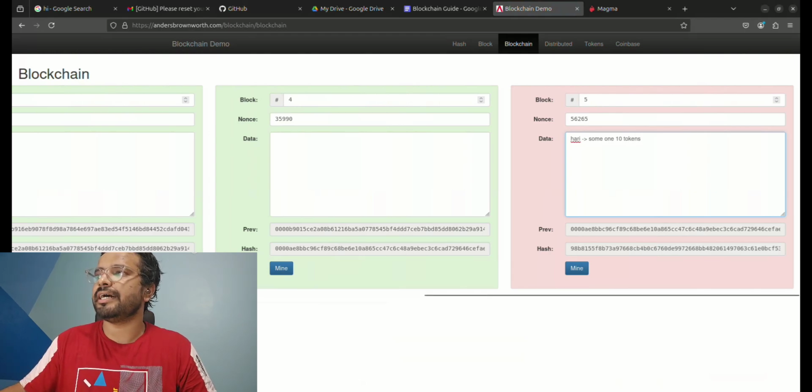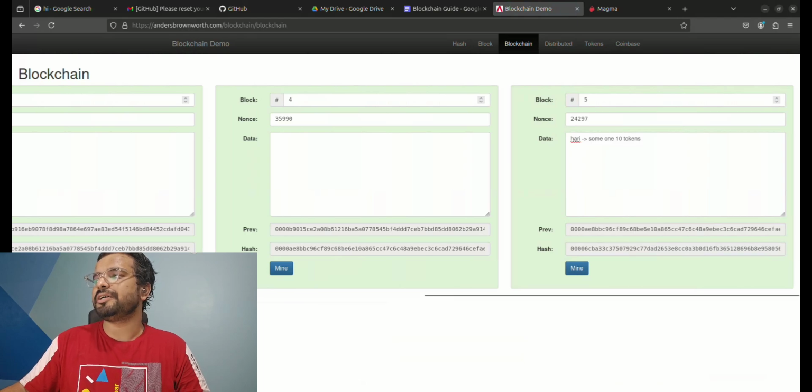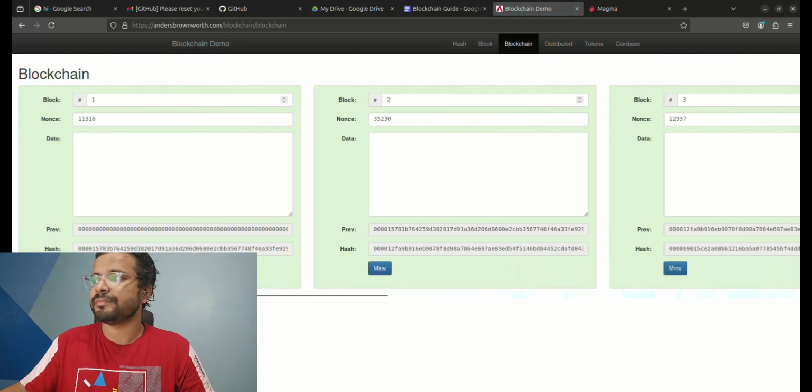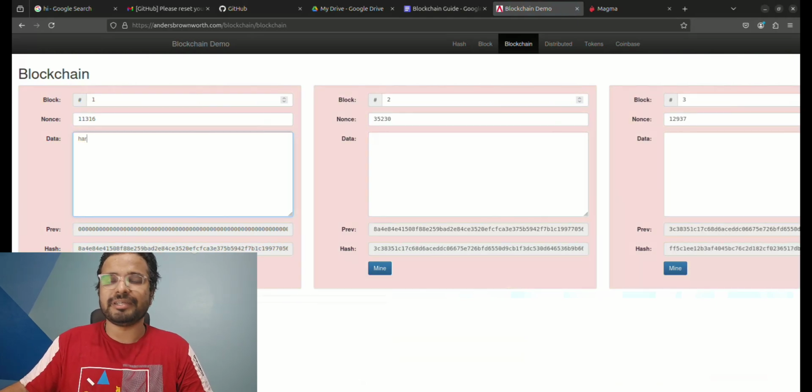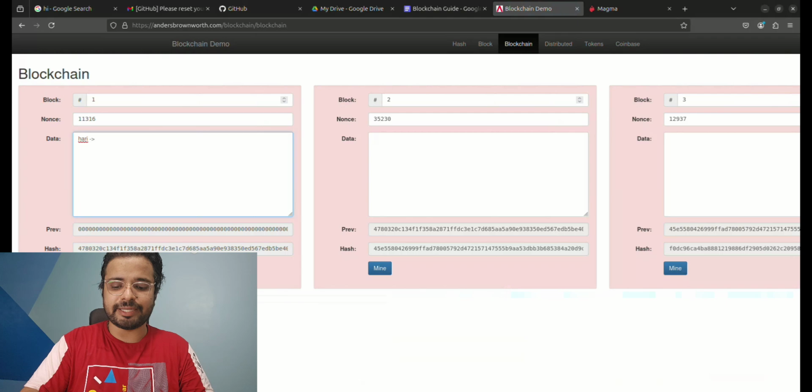In that case, in order to get this transaction recorded, it needs to be mined, and once it is mined, it becomes a valid block. But think about it: everyone has a copy of this ledger, right? What if I change this? What if I change a previous block, the older data? If I change something, like something I have already sent to someone,